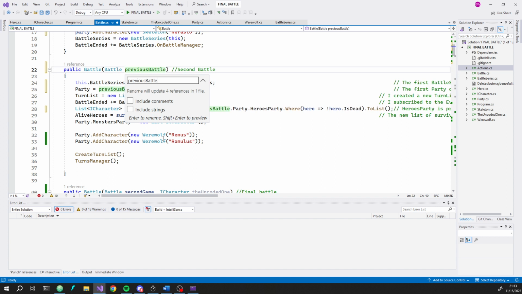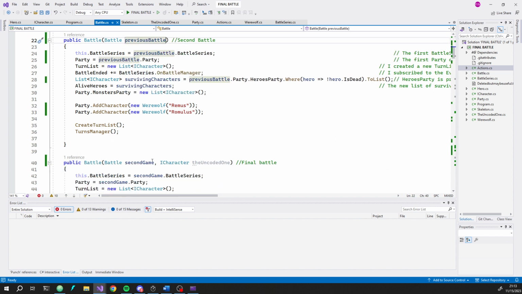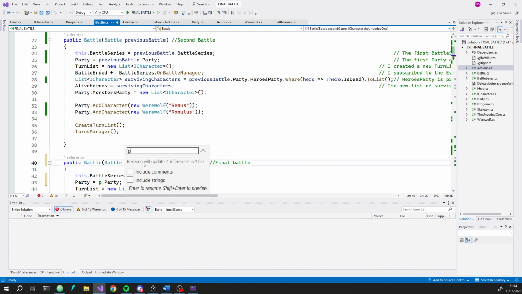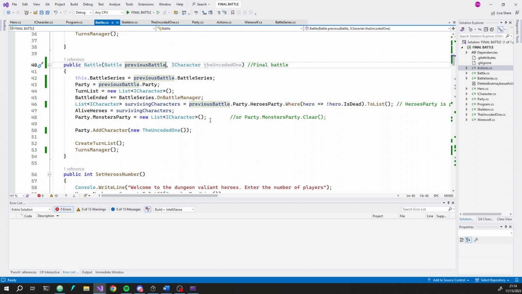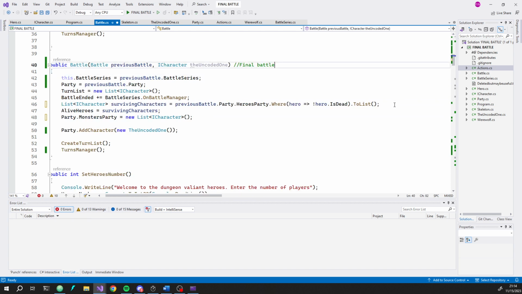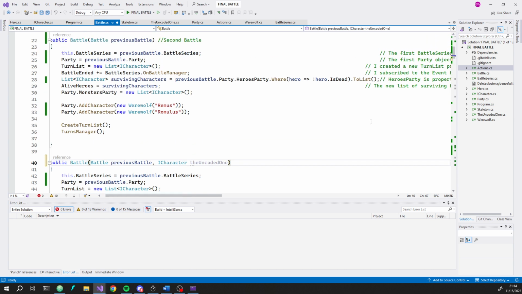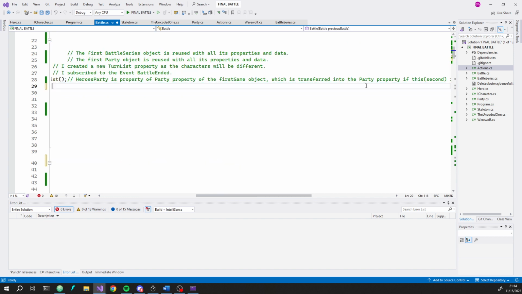I'm going to call it battle, even though it was called a game before. And I'm going to call this one previous battle. And now if I were comparing these, I do in fact want to do this, so I'm going to